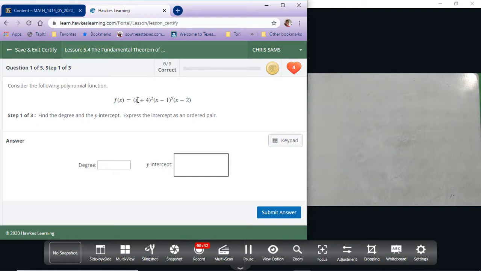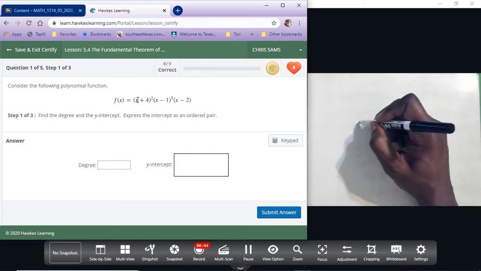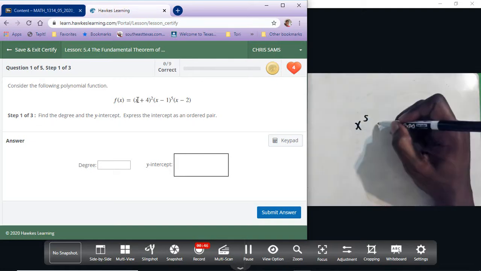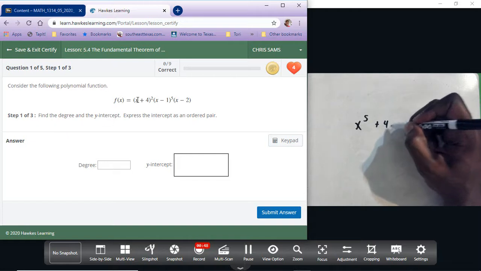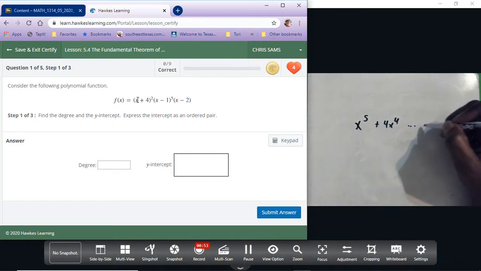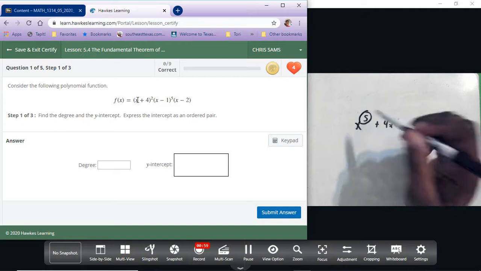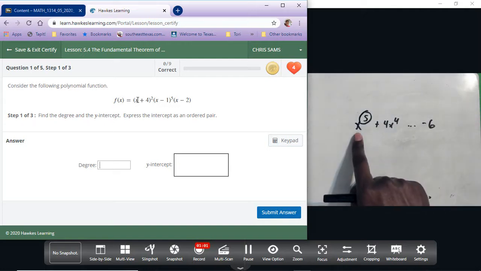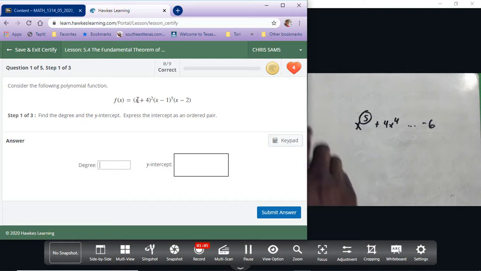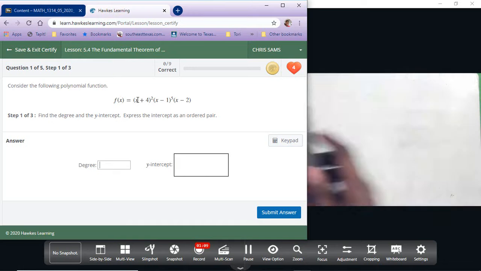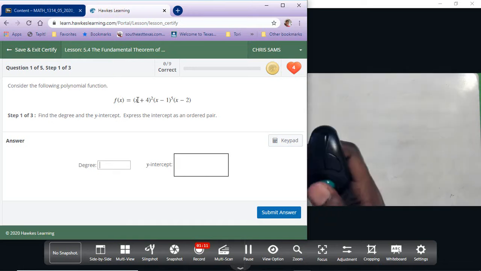Normally you might have something written out like x to the 5th, and then maybe 4x to the 4th, and it'll just continue to go down until you get to a constant, like maybe minus 6. So your degree is the highest exponent, or the highest number of variables you have in one term. But because the function that we're given here is not already multiplied out, we are basically going to